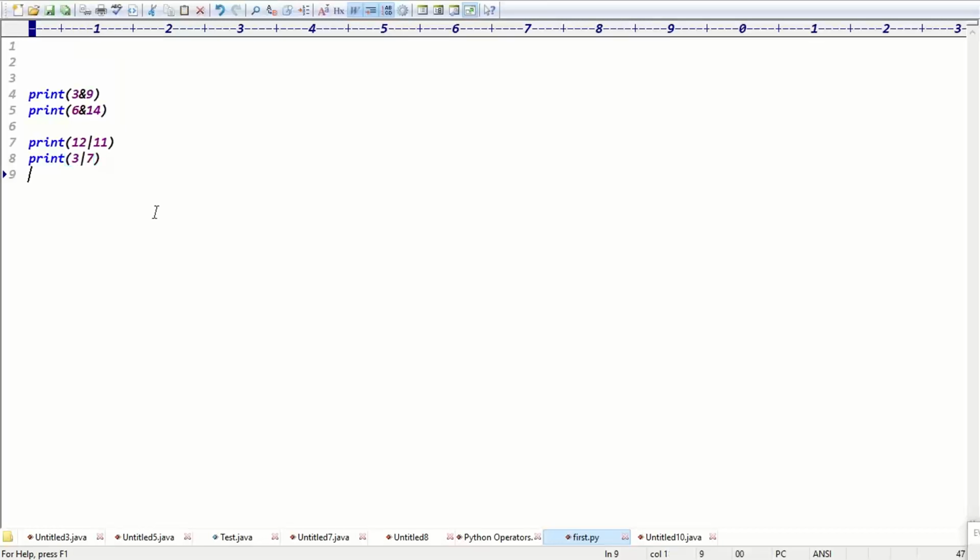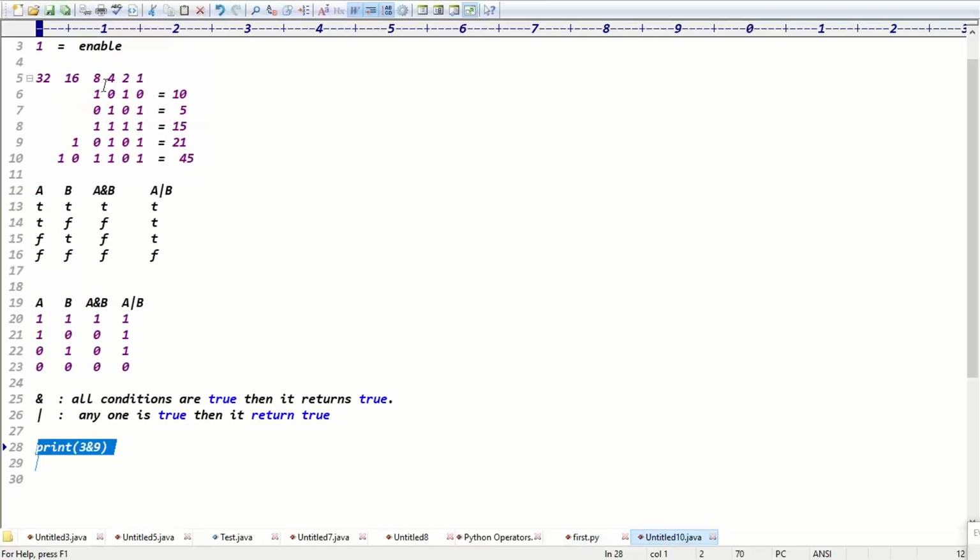3 OR 8, sorry. Okay, then write the value for the 3. What is the value for the 3? 0011. Well, the value for the 11, guys, I have written based on the 8421 code, right? Which is written based on the 8421 code. 3 means what? Which flags can I enable?